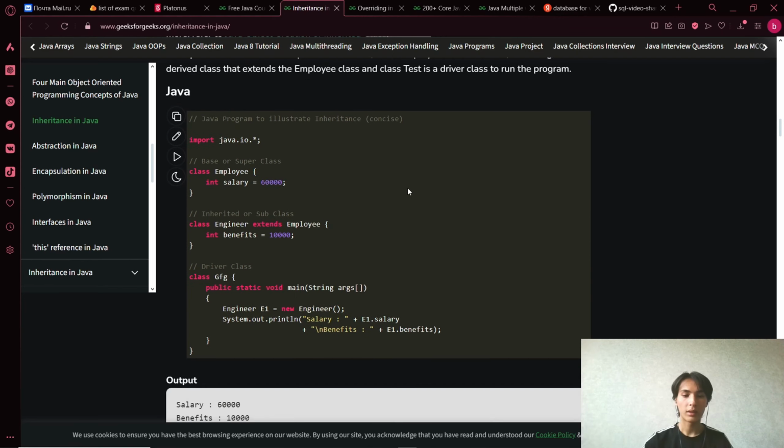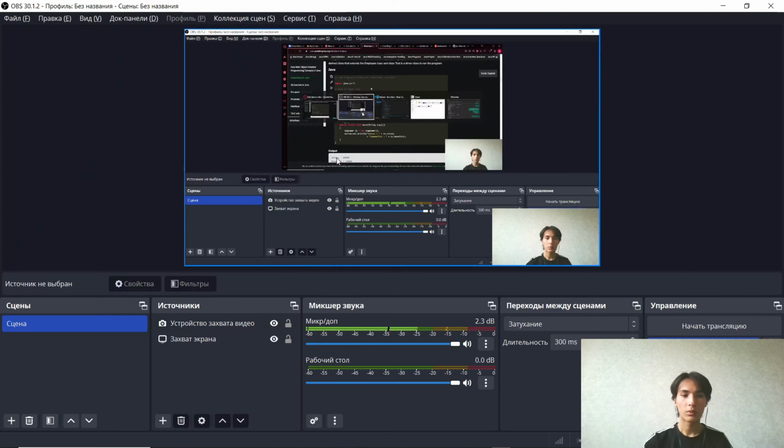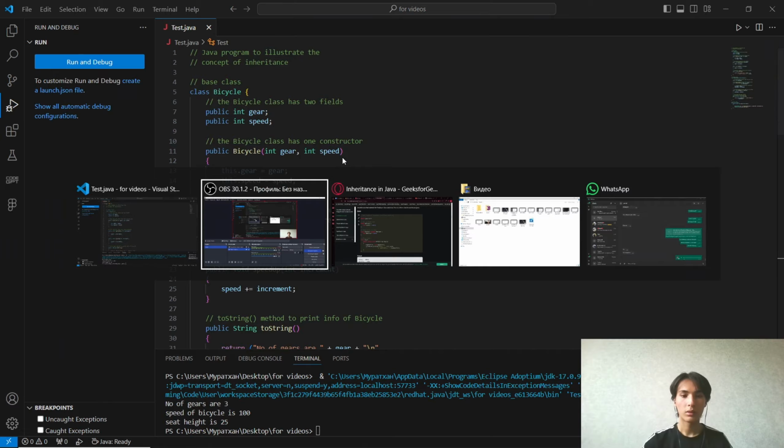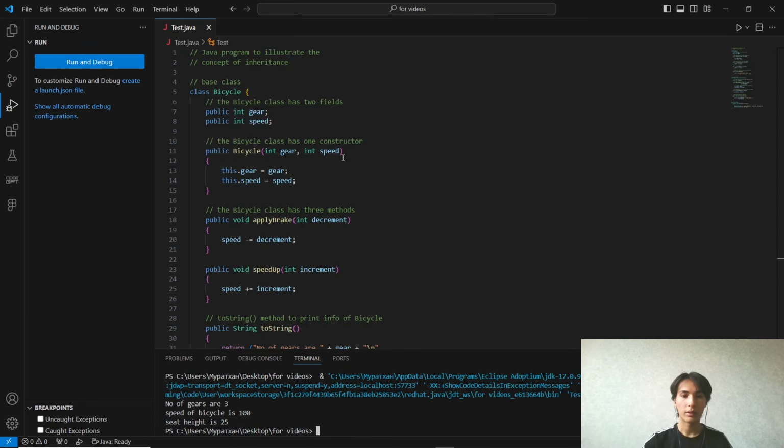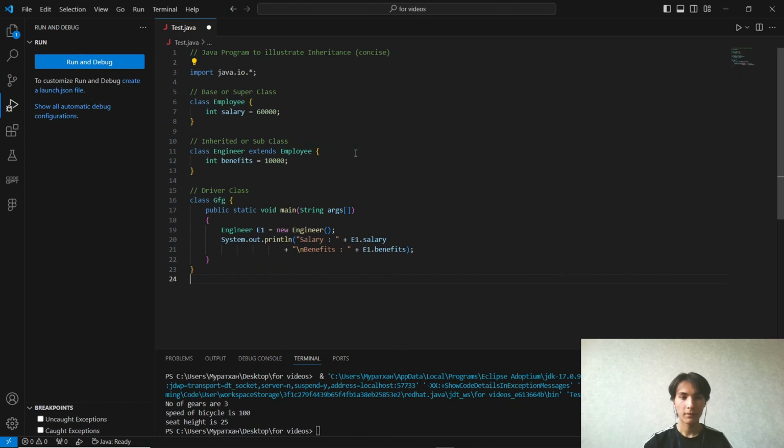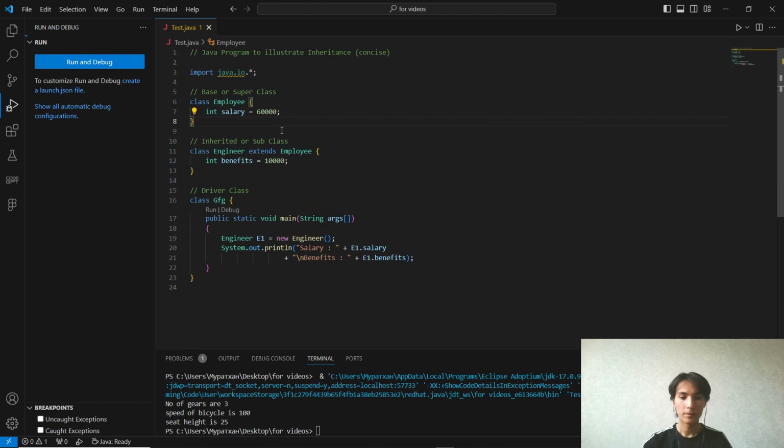So we have example 2. Let me just copy it. Java program to illustrate inheritance. Base or superclass: class Employee, with salary equal to 60,000. Inheritance or subclass: class Engineer extended by the Employee class, our main class,